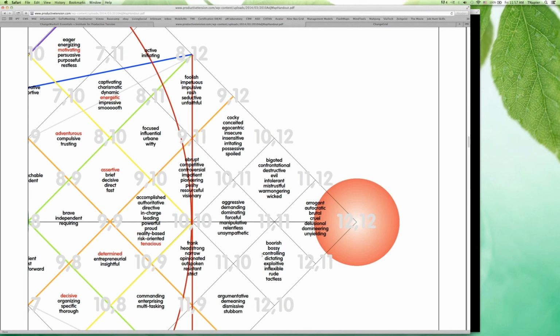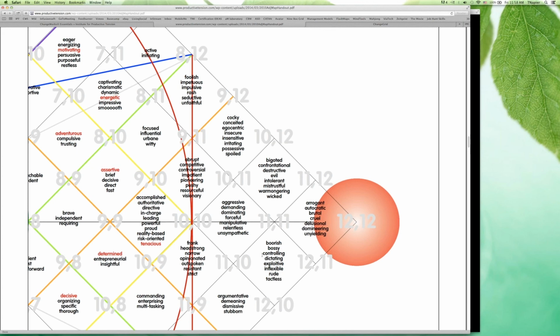There's a mini version of it that is client safe. This full comprehensive adjective map is not client safe. What I mean by that is this: if you hand this to a client and you allow them to see all the words that are surrounding certain coordinate pairs, they might become extremely defensive. They might take offense to the fact that we are saying this is how they're behaving.